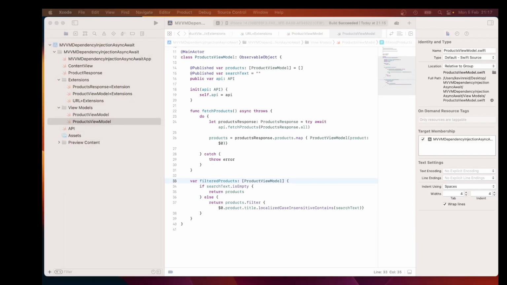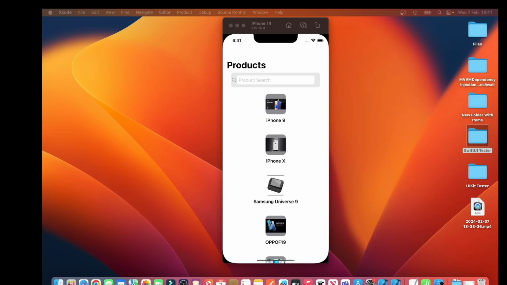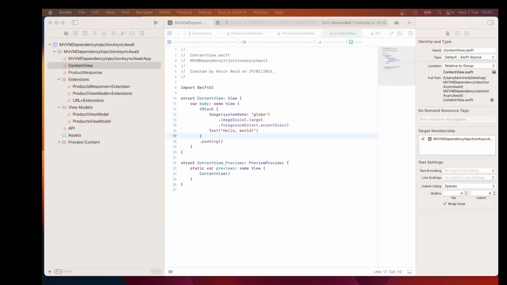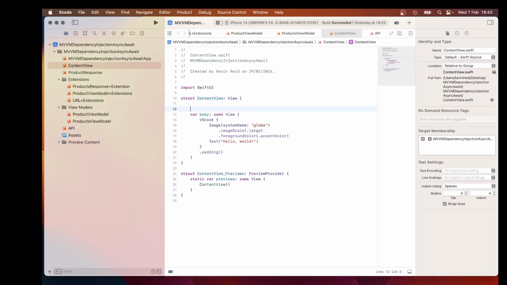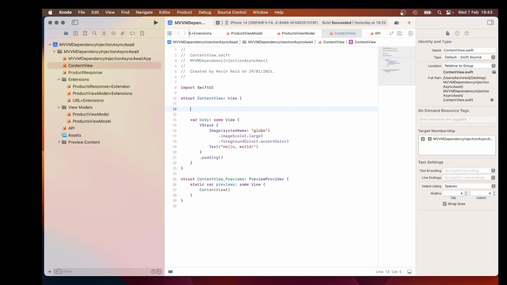Next week we'll be implementing the functionality to pull the view models from the content. Today we will implement the content view to retrieve the products from the product view model and then display those retrieved products on the content view. Within your content view, enter the following: @StateObject